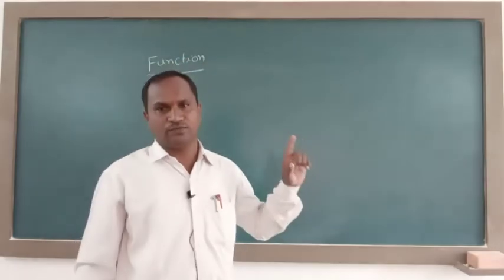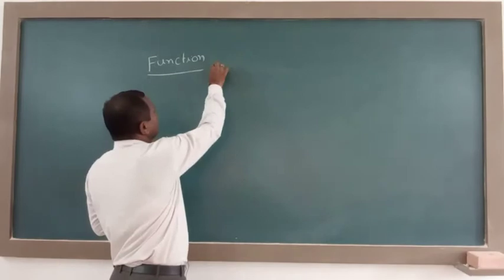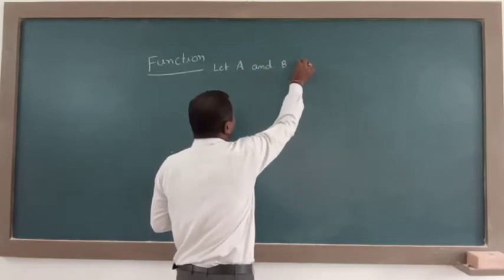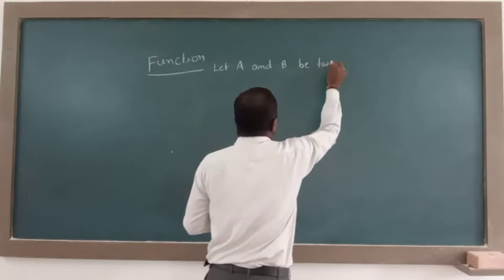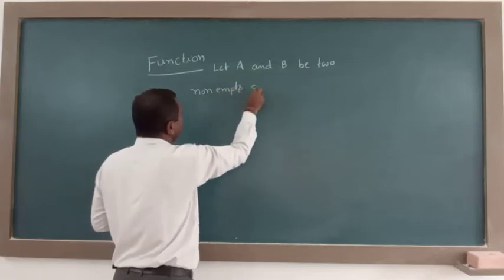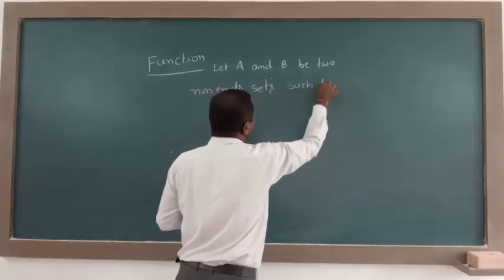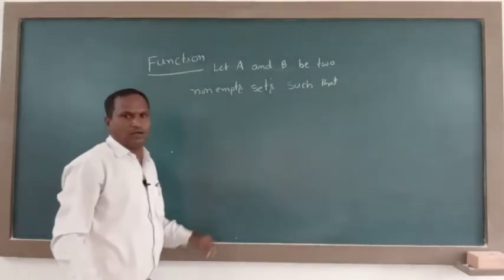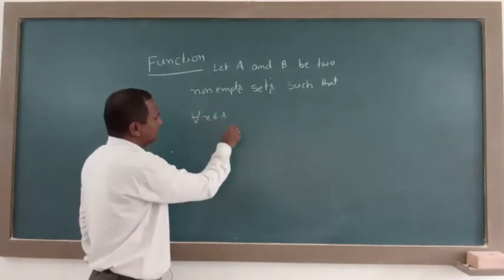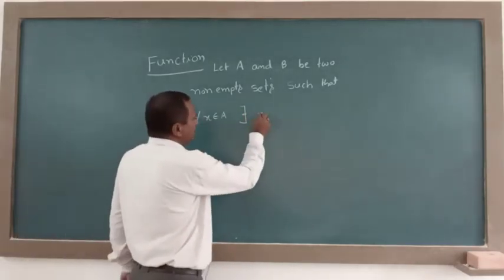But in case of giving the function's definition: let capital A and capital B be two non-empty sets such that for all x belongs to capital A, then there exists, this symbol is 'there exists', a unique element